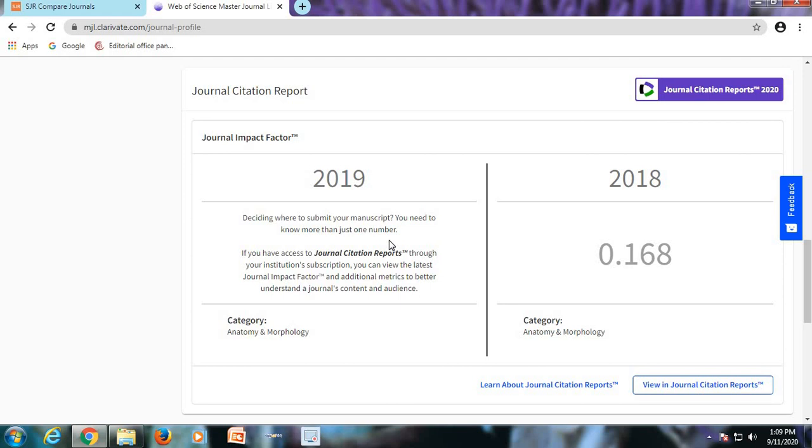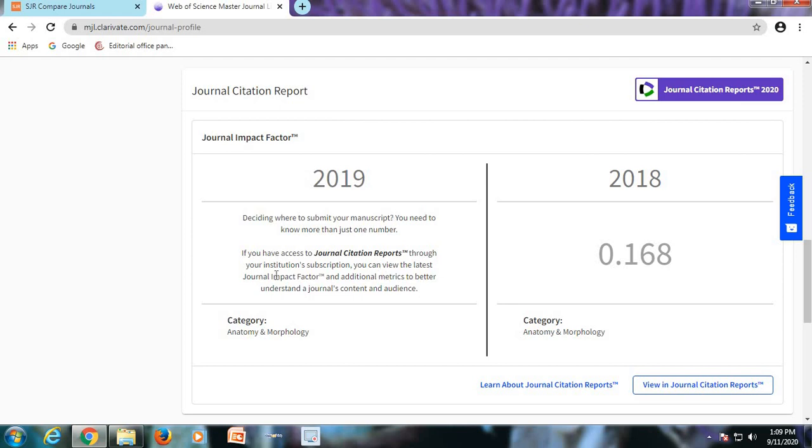impact factor. So the impact factor will not be displayed in this general search. You should have a separate subscription, that is, your institution's subscription, for viewing the latest impact factor. So for 2019 here the impact factor is not displayed.